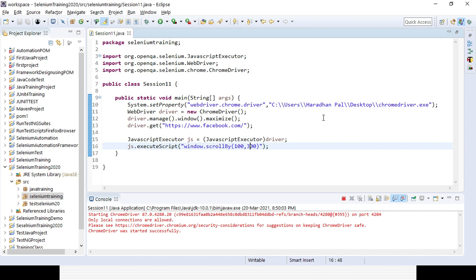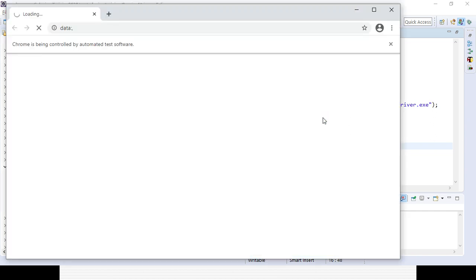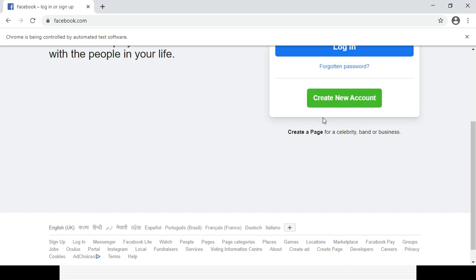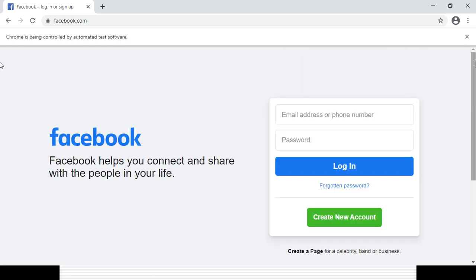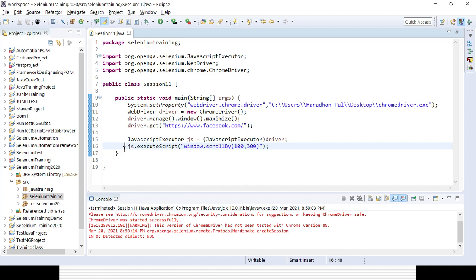Let's run the code and let's see. It will open the Facebook page. After the page is fully loaded, it will try to shift by x axis, horizontally. You can see it is 300 pixels vertically, but horizontally you will not be able to see exactly because there was no scroll bar available. In case you zoom the page, definitely a scroll bar would be there, or maybe if you open another page, definitely a scroll bar would be there and you can find the movement, right? So that's how I can move it vertically or horizontally.